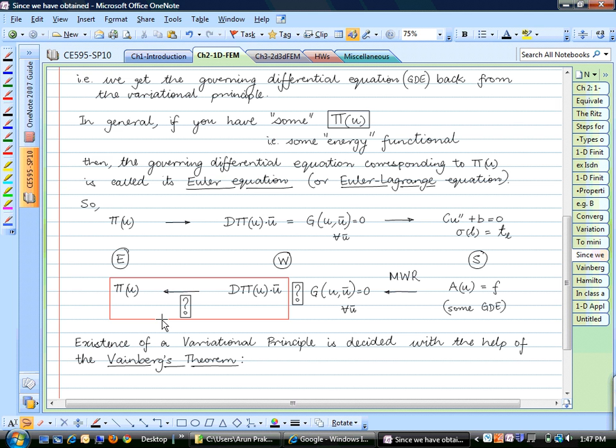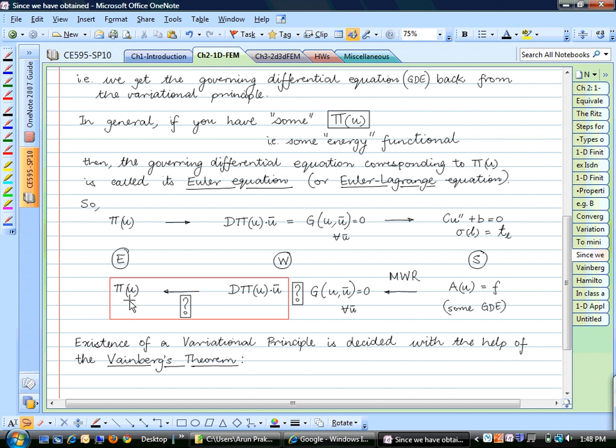So the use of the potential energy is that it gives you a physical interpretation or a physical value for the energy stored in the system. There are some systems, actually, especially in molecular dynamics, where people start with the energy functional. It is hard to construct equilibrium equations for individual particles, but you can construct Hamiltonians for those kinds of systems. If you can come up with a potential energy system, then you can convert it to a governing differential equation. But on the other hand, if you have this weak form,